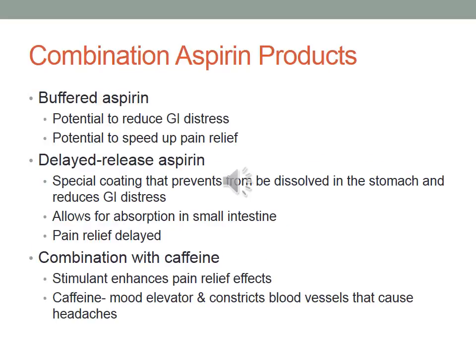Very common to see combination aspirin products on the market, and they come in various different forms. You have your buffered aspirin. This will be used to reduce GI upset, so a lot of times they will add a buffering compound to it. It could help speed up pain relief and could also help reduce the gastrointestinal distress. There's delayed release aspirin. So again, similar thing, it'll help to reduce some of the stress on the stomach. What it does is it allows for the small intestine to do most of the absorption of the actual aspirin